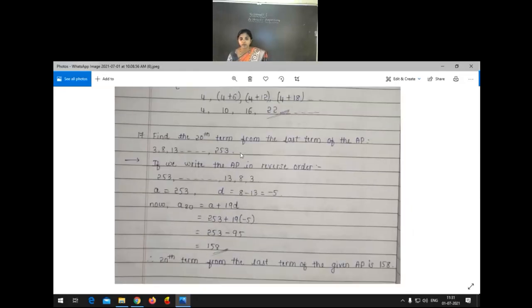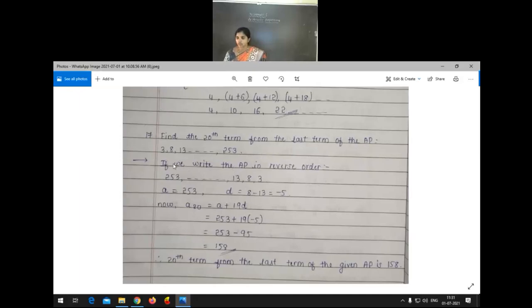Yes. Now we are moving to the 17th question. Question number 17. Find the 20th term from the last term of the AP. We have discussed this type of problem in the example section. Yes, we have to find the 20th term. We feel very happy to see this, up to the 20th term, very easy. An is equal to A plus n minus 1 into D. In place of n, we have to substitute 20. But the question is,